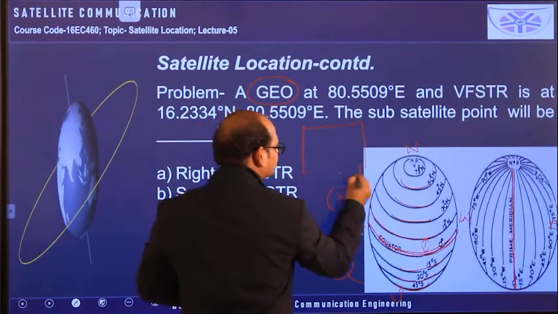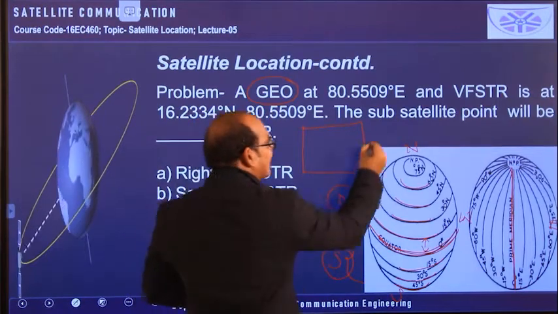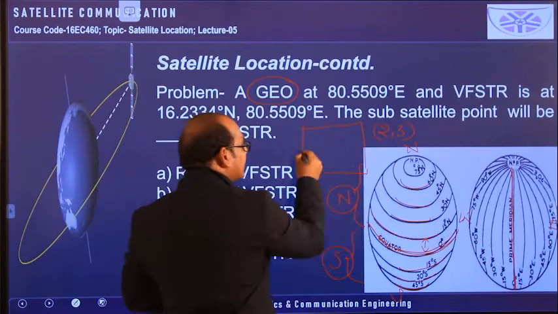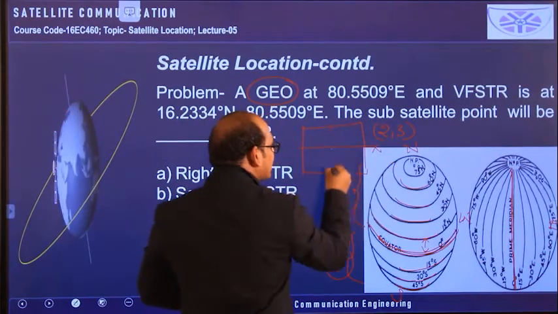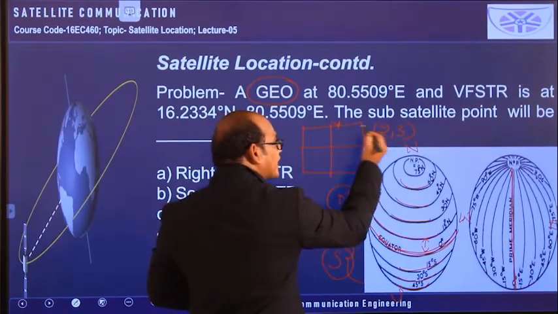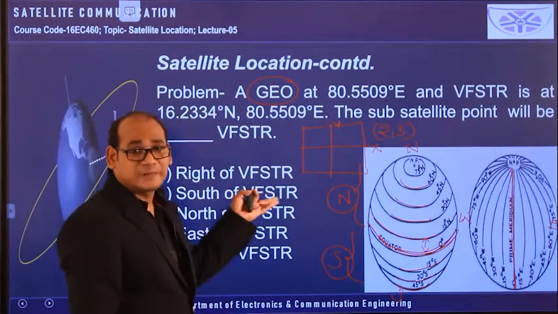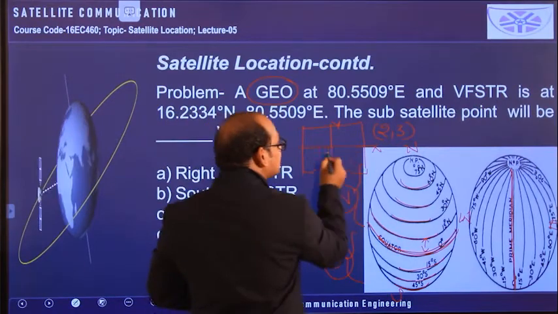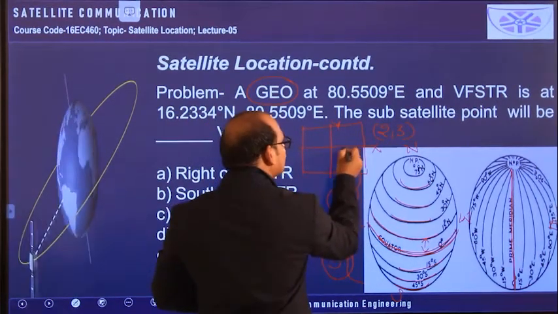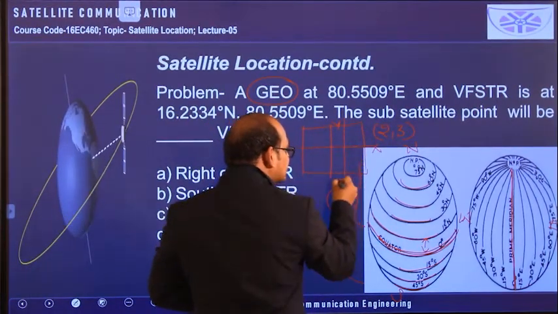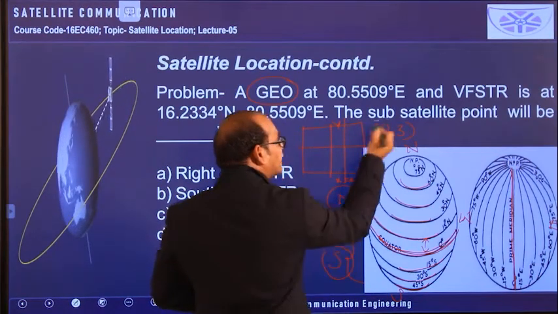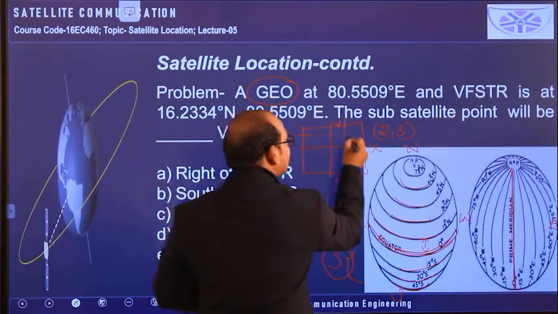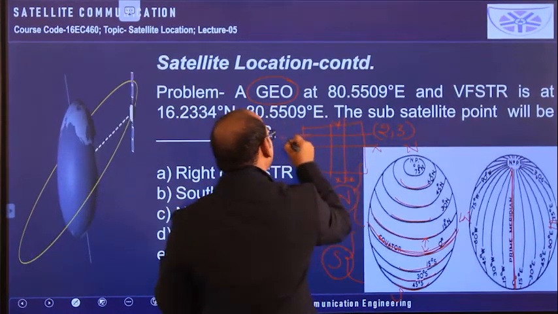For example, you take a graph sheet and you have to indicate the point 2, 3. How to indicate this? Here the x-axis is available and here the y-axis is available. To locate this point 2, 3, it is a plane, in the sense 2 coordinates are enough to represent it. So x is equal to 2 means on the x-axis we have to travel 2 units of distance. This vertical line is indicating x is equal to 2, and y is equal to 3 means on the y-axis we have to travel 3 units of distance, and this horizontal line is indicating y is equal to 3.